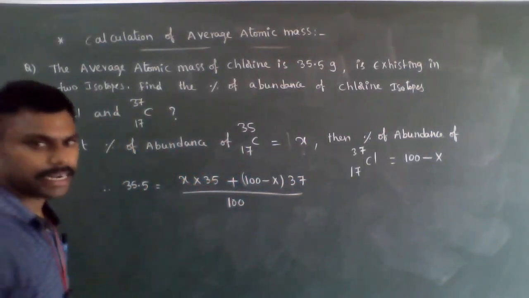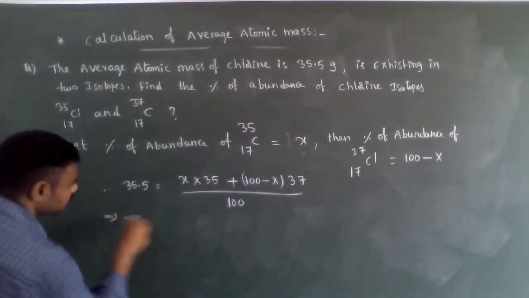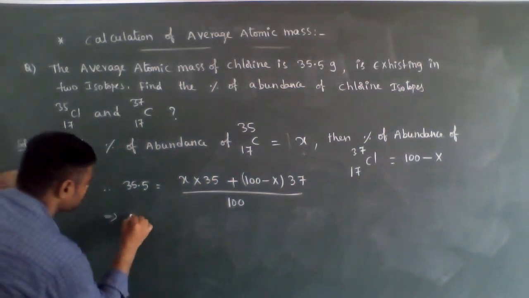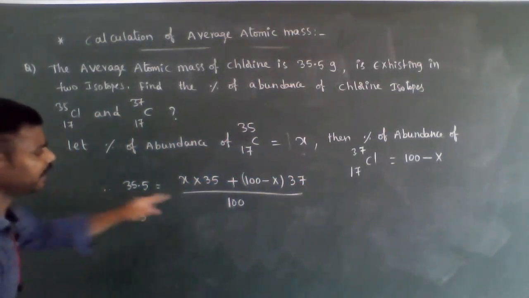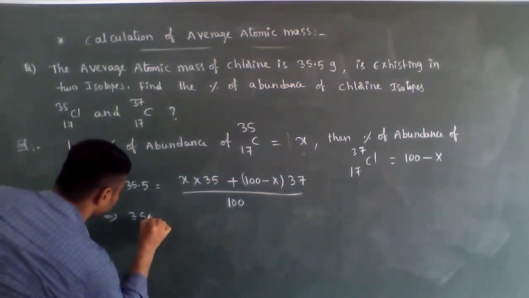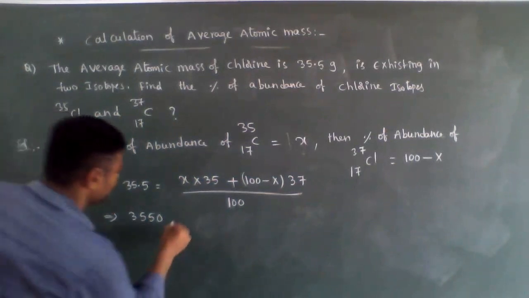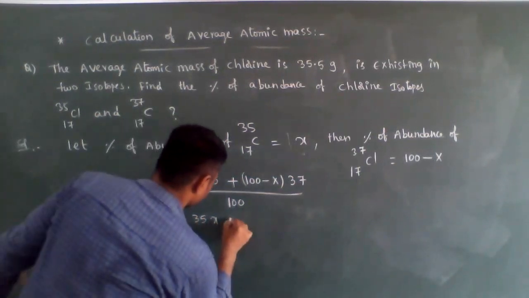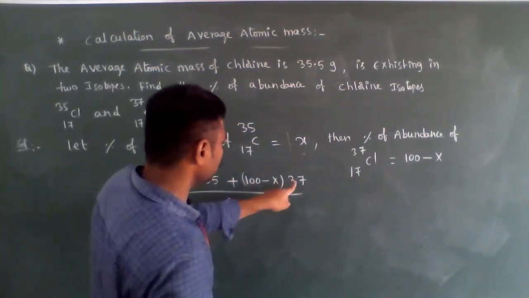Now we need to calculate X. The 100 denominator comes to this side as multiplication: 35.5 into 100 is 3550 equal to 35x plus 100 into 37,